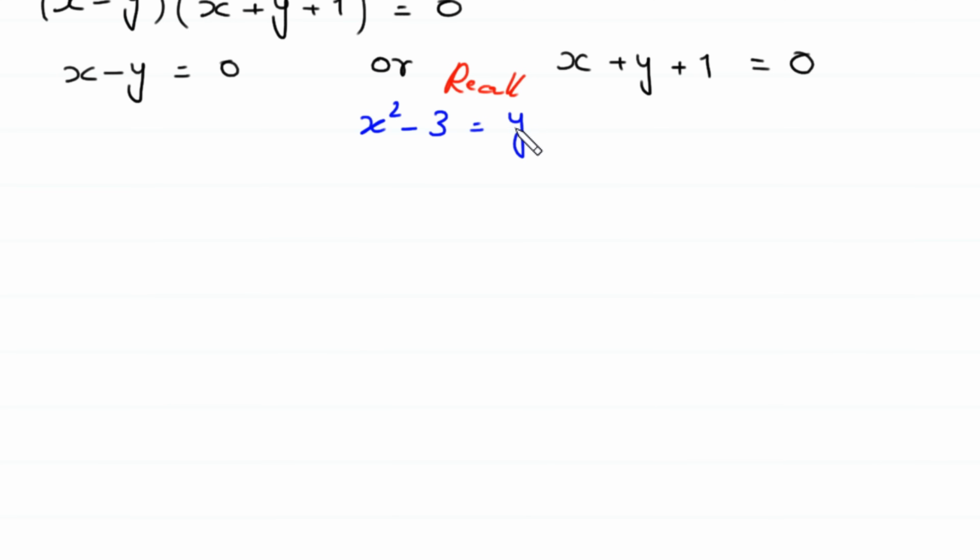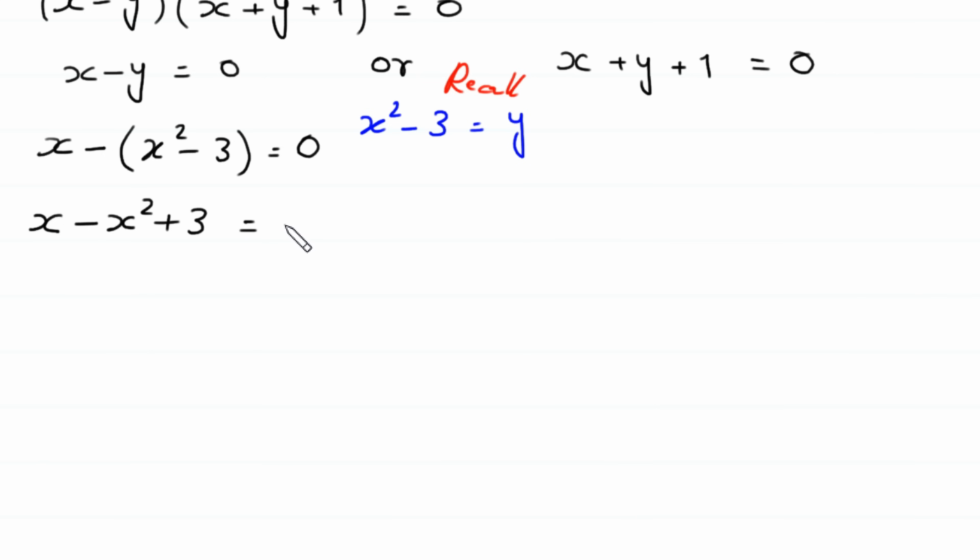To find the value of x, first we put the value of y, x squared minus 3, in this equation. x minus the value of y, x squared minus 3, is equal to 0. Next we remove this bracket, and due to this minus, this positive x squared becomes negative x squared, and this negative 3 becomes plus 3, is equal to 0. Now we write this negative x squared first, then this plus x, and in the last this plus 3